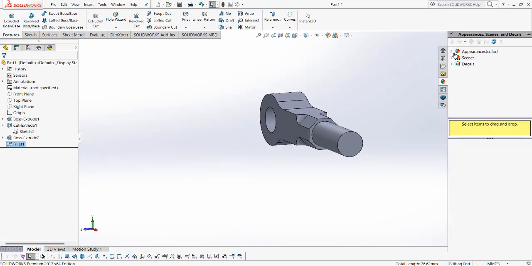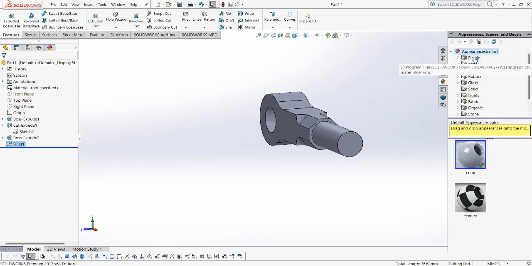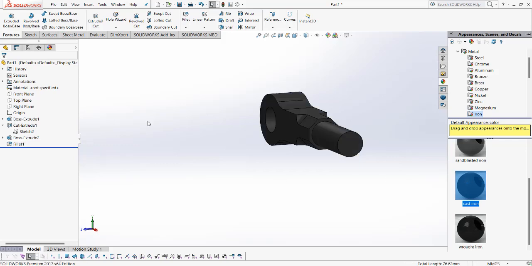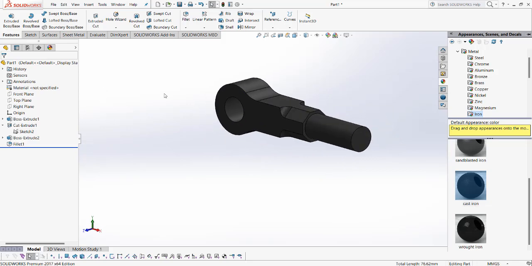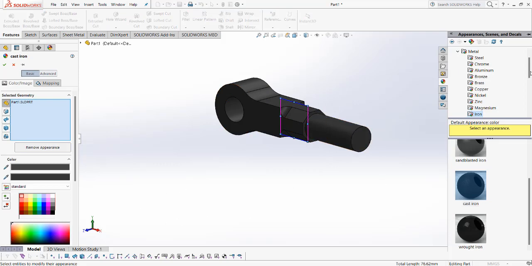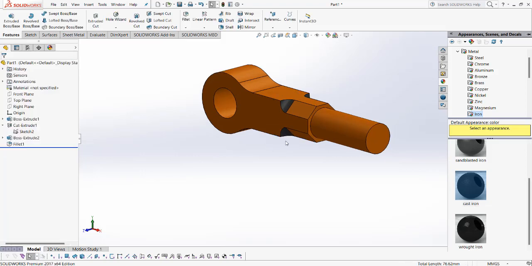Now we can choose a different material by appearance, then we use the metals, and here we use iron, okay, then we have cast iron, ओके। हम इस पे कलर करेंगे ताकि हमारा जो डायग्राम है वो हमें डिफरेंट पार्ट्स की जानकारी दे, तो हम डिफरेंट पार्ट्स को इजीली पहचान पाए कि ये कौन से पार्ट्स हैं। तो हम यहाँ पे इस रॉड को हम इस लाइन से सिलेक्ट करेंगे, ओके, देन लेट्स से,